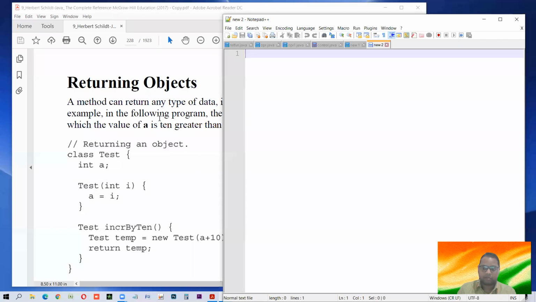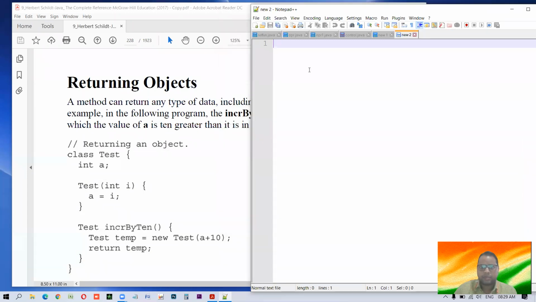An object is a variable of a class, an instance of a class. Normally when we make a function, we write int, float, double, any primitive data type. But in this case, we'll make a function which will return a class object. So let us not get much complicated. Let's first make a program. Let us begin.